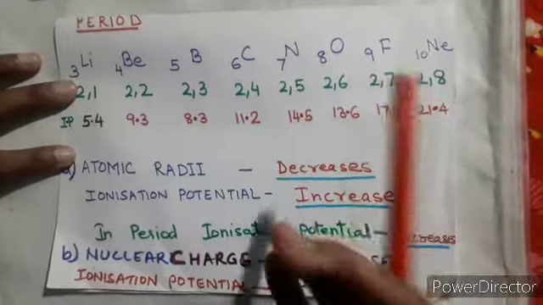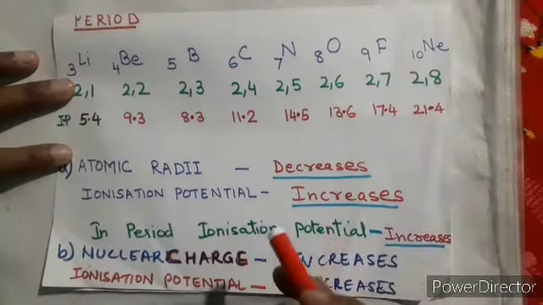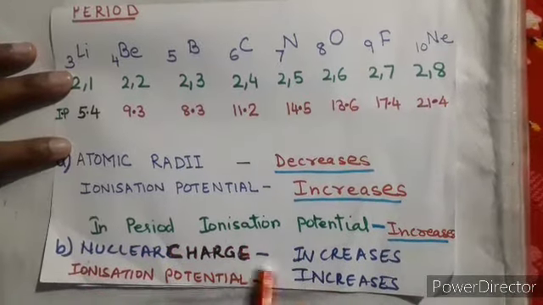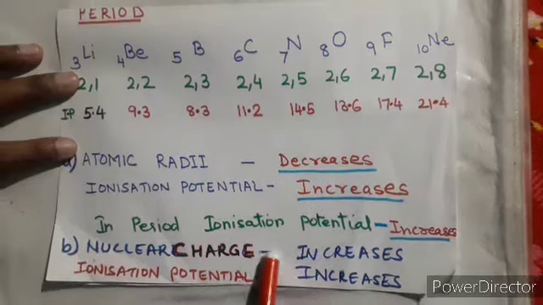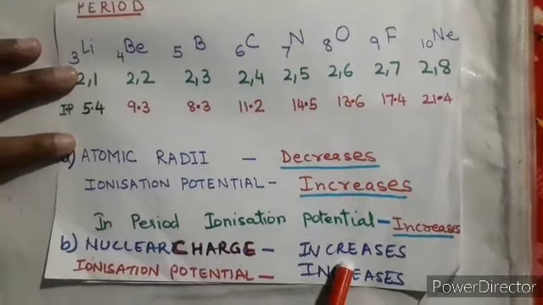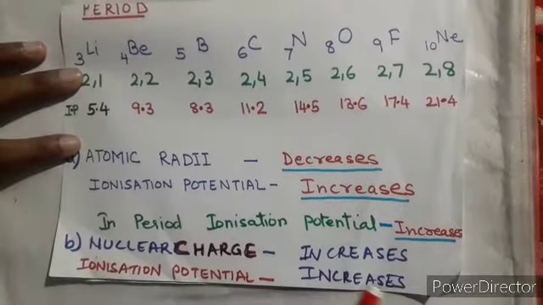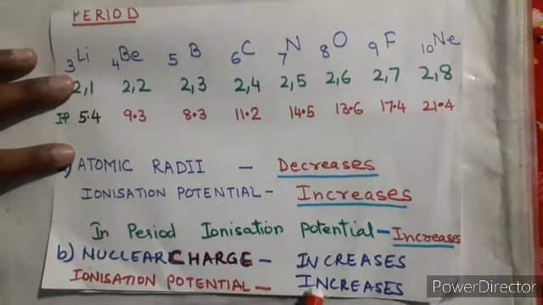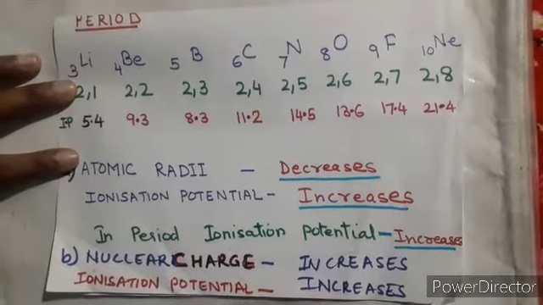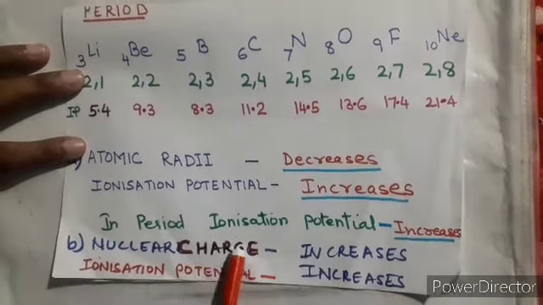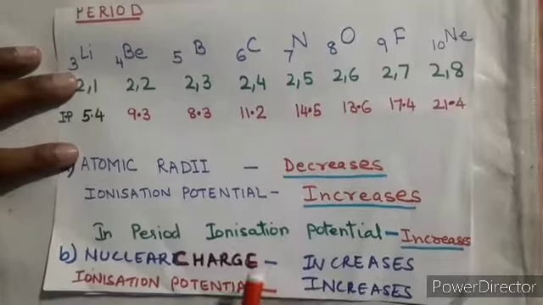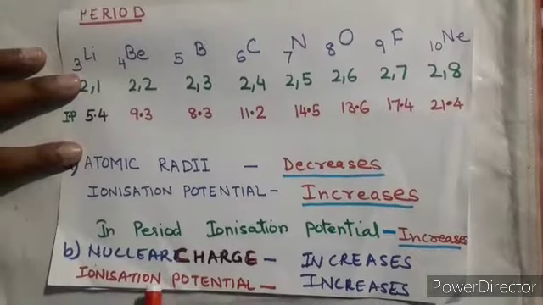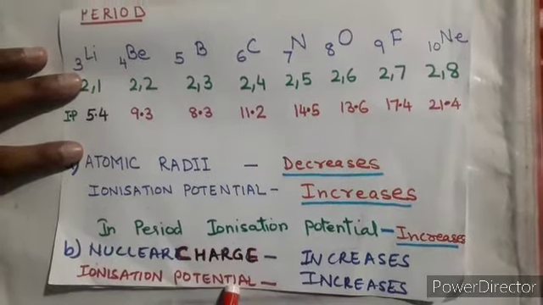So the more the positive charge, the more the attraction by the nucleus on the electrons present in the outermost orbit. Wherever the nuclear pull exerted by the nucleus on the outermost electrons is more, if you want to remove the electron in that case, you have to supply a large amount of energy. That's why your ionization potential is more. Once again, the more the nuclear charge, the more energy you need to remove the electrons from the outermost orbit, right? So more energy is required, and that energy is what ionization potential is. So at that point your ionization potential will be more.